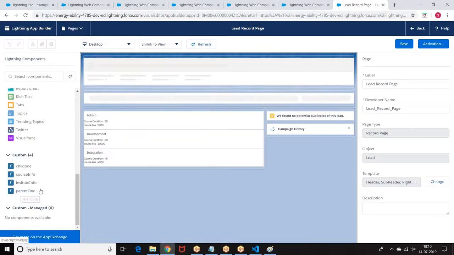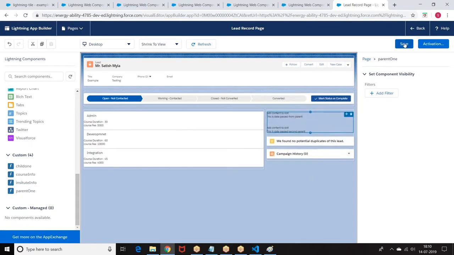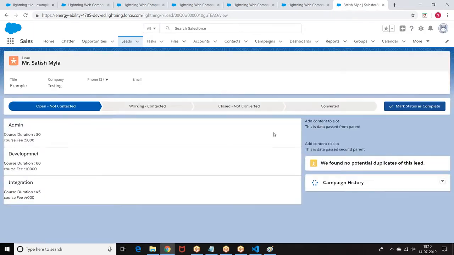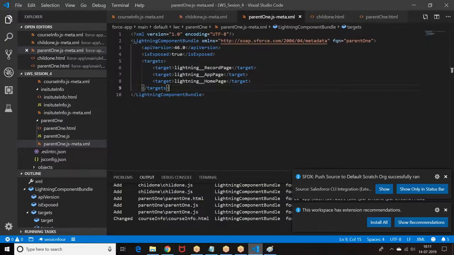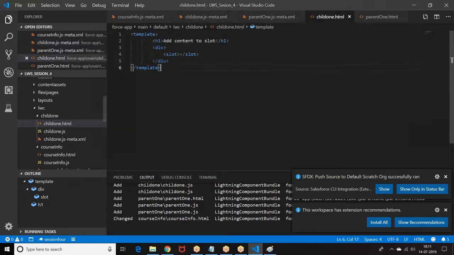Go to the page. Look at this: add content to the slot. This data is passed from the parent. Add content to the slot. This data is added from the second parent. So the child component is getting printed, and whatever we have given in the body is printed in the slot.